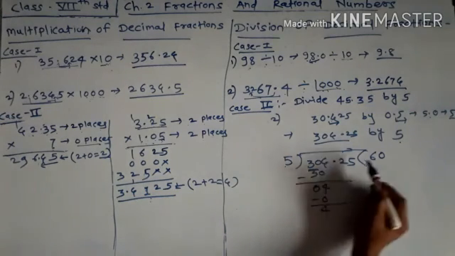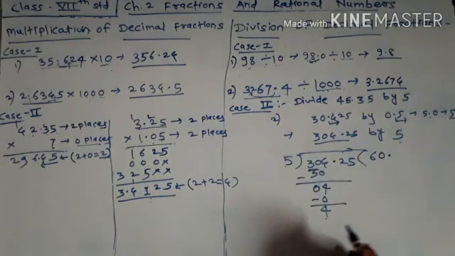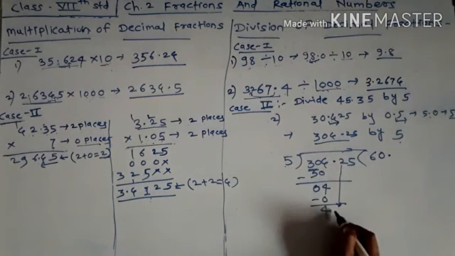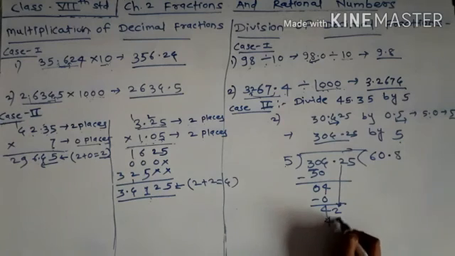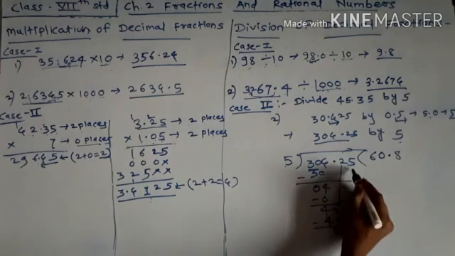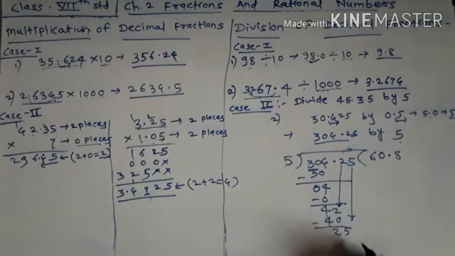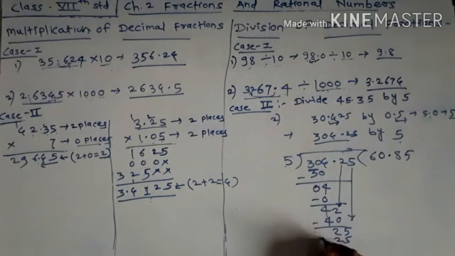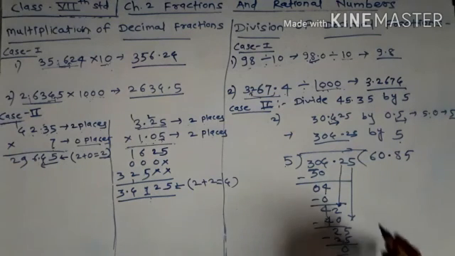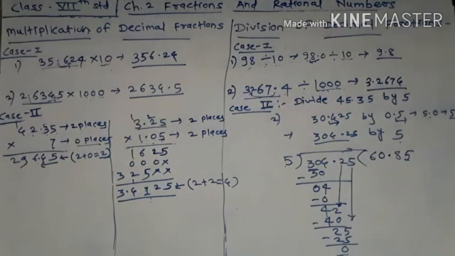Now first we put the decimal point in the quotient and take the next digit, that is 2. Now divide it by 5, that is 5 8s are 40 and the remainder is 2. Now take the next digit, that is 5, and divide it by 5, that is 5 5s are 25 and then we get the remainder 0. So in this way we can divide the decimal fractions by whole numbers or decimal numbers.